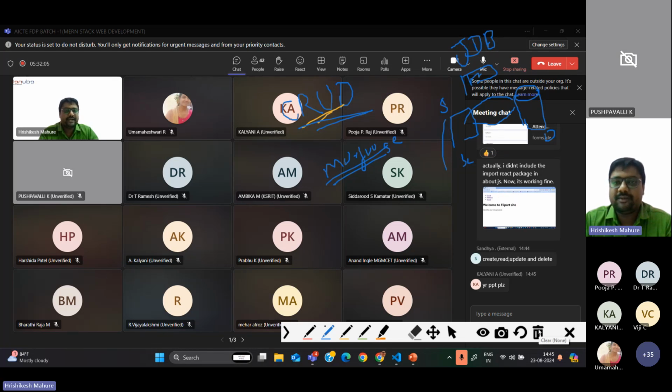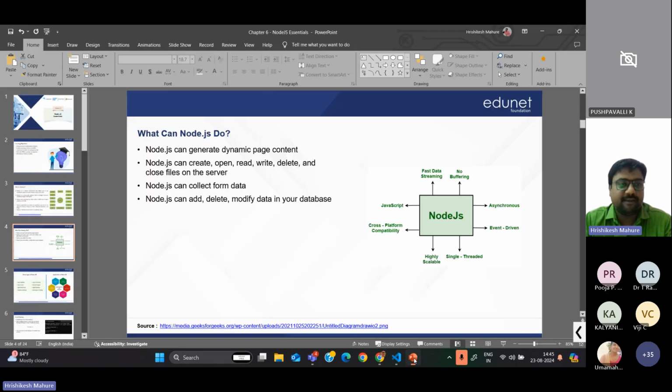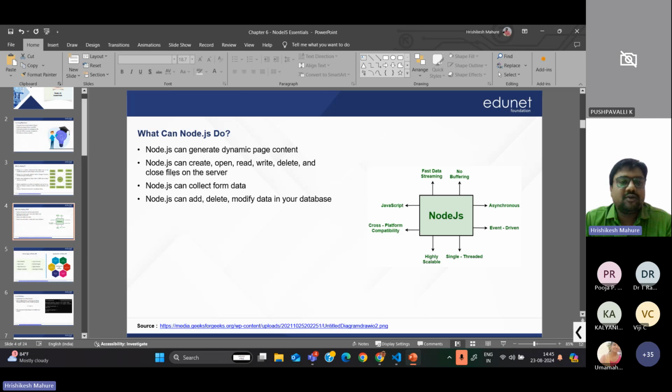I hope everyone gets the point. So now here, using Node.js, we are able to perform CRUD operations on the database also. And now the node can collect the form data. Yes, Node can add, delete, modify in our database. So basically we use server-side scripting to integrate the database, and we integrate the backend